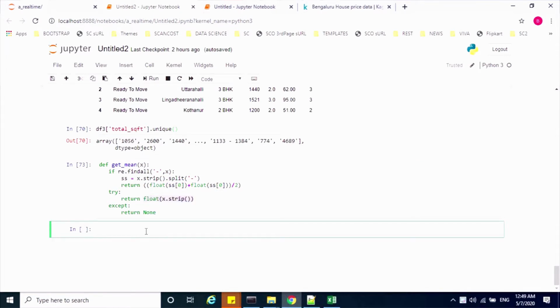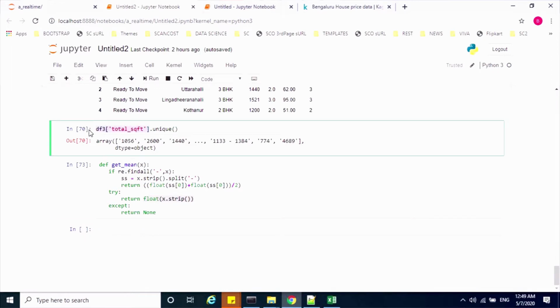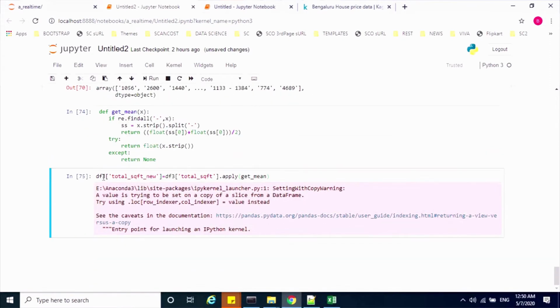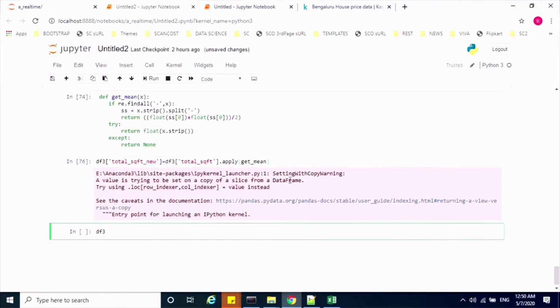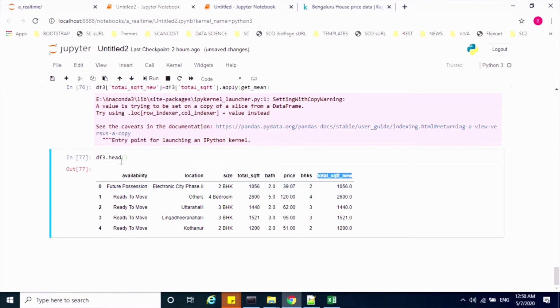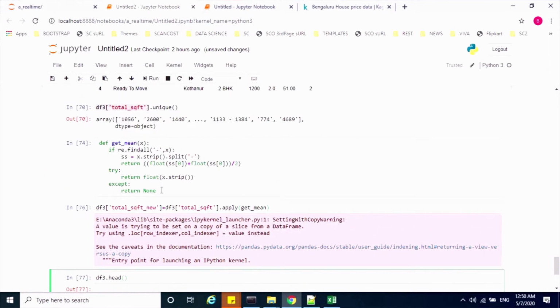Now I'll apply this method on this feature called total square feet, and create a new column. So I'll be creating a new column called total_sqft_new. Apply this method. So let me execute. Now we'll see the values. Yeah, now I got a new column. Okay, so as I already applied the None,